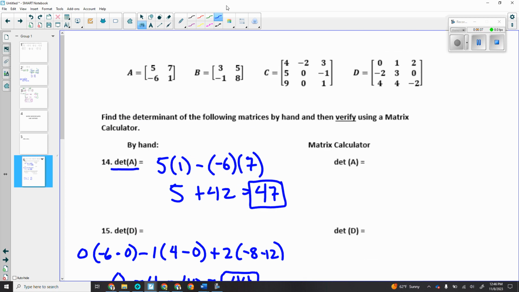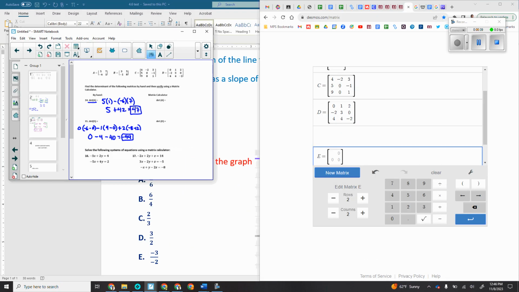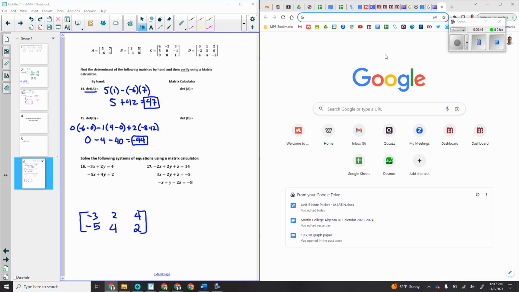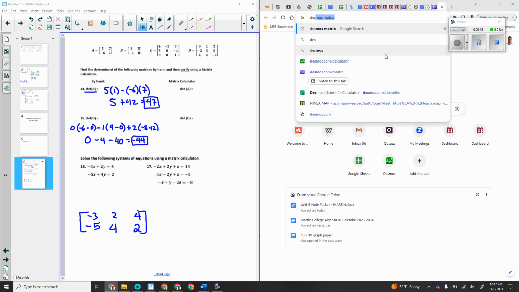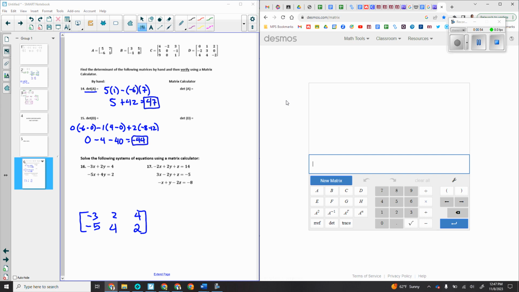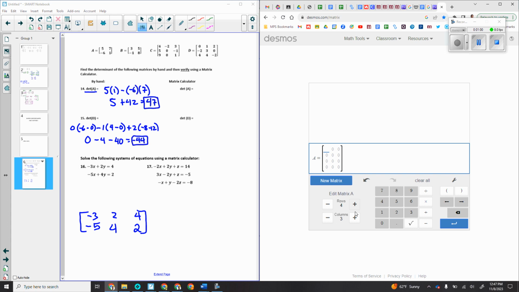Now, when it comes to doing that in a matrix calculator, the one I like to use is Desmos. All right, so I'm going to go over here. If you don't know how to get to that, you can just type into the Google search bar Desmos, D-E-S-M-O-S, and then matrix. If you hit enter, the first link should be the matrix calculator. And then you can adjust the sizes of the matrices down here by adding more rows or more columns, or subtracting those,